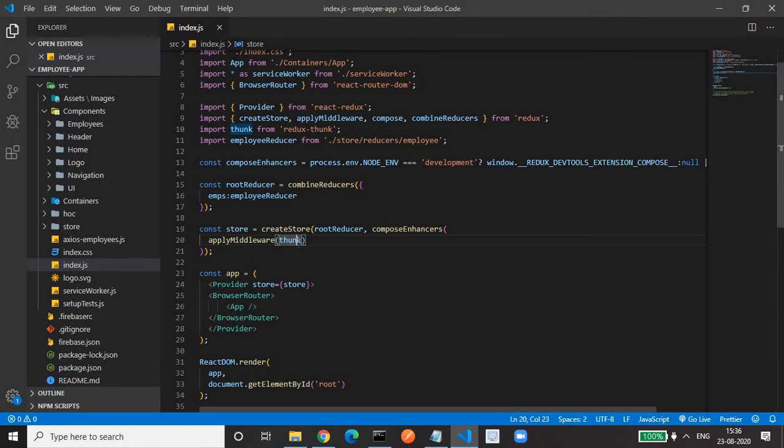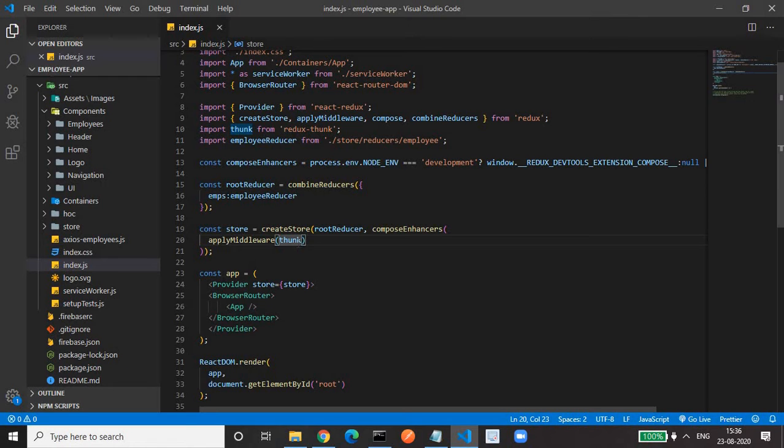After that, the thunk action will dispatch another action, and in that action we provide whatever response we get from the database. Thunk will dispatch another action with a type, and the payload of that action will be whatever response we get from the database. That action will be caught by the reducer, and the reducer will update the state.